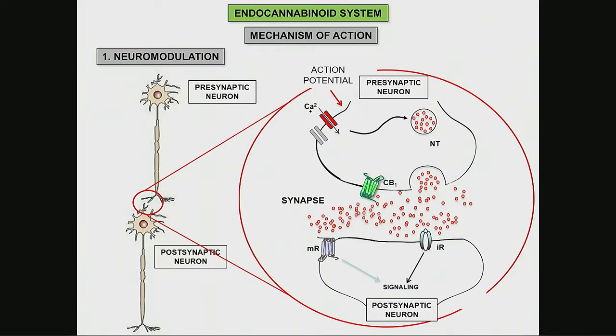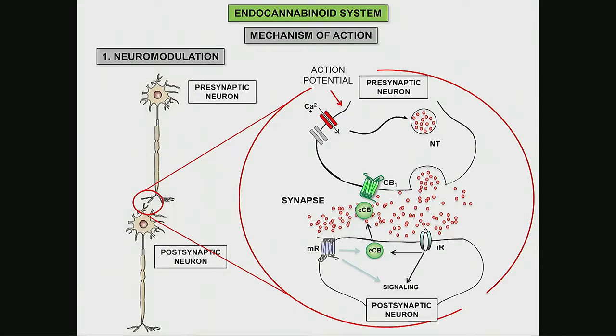What is the role of the endocannabinoid system in this scheme? Well, when these receptors are activated in the postsynaptic neuron, a signal is sent to produce endocannabinoids. The machinery that I mentioned before, remember? Enzymes acting sequentially to produce endocannabinoids, so they get activated, and we have an increase in the levels of the endocannabinoids. And they travel backwards to bind to their specific receptors, their CB1 receptors, which are located in neuron number 1, in the presynaptic neuron.